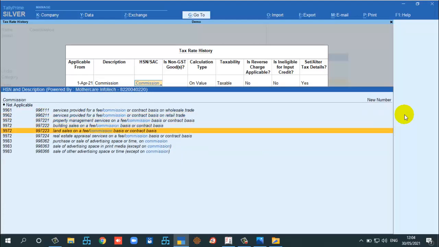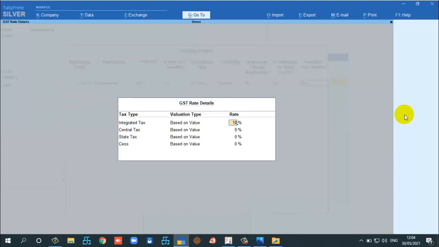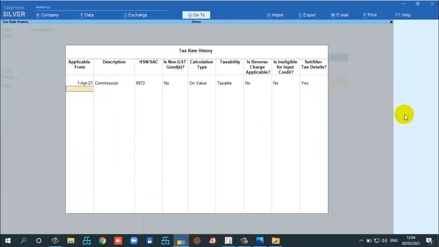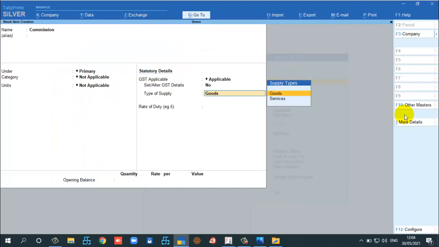I am taking the same code and I am fixing the rate as 18%. Okay, so I have configured two things, HSN and SAC also. And there is another feature also, we can see that one.